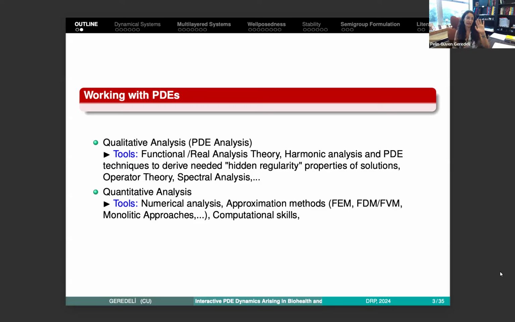So this is the qualitative part. But some people might want to look at the things from the numerical point of view. So instead of proving the existence and uniqueness of the solution or analyzing the long-time behaviors like the stability, they prefer to look at the solutions from the approximation point of view. So again, as I said, we can't explicitly show this is the solution to my PDE. We can't do that. So what we can do, by using some numerical analysis techniques, we can approximate the solutions